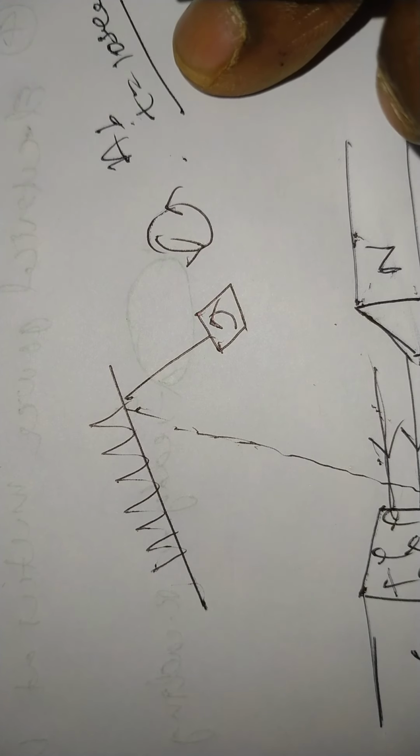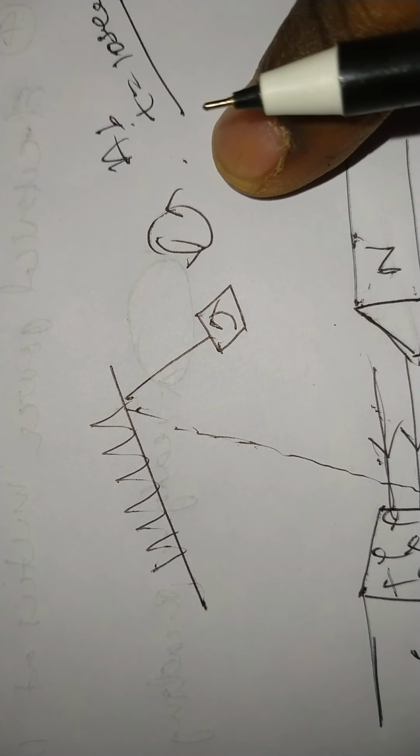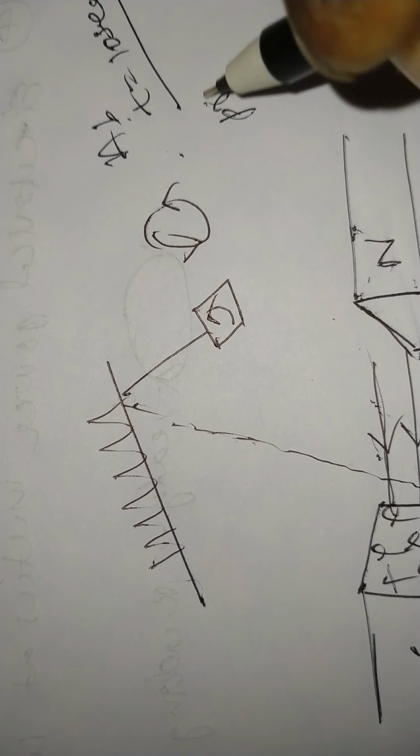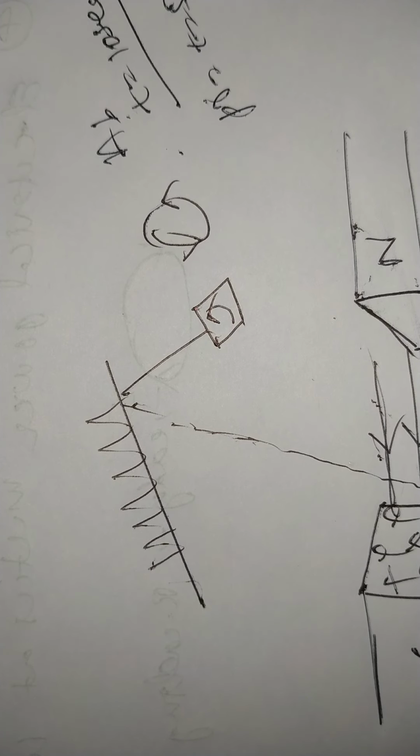The time taken is 10 seconds in the absence of a magnetic field. Suppose we apply the magnetic field, in the presence of the magnetic field, the time is 5 seconds. That means it reduces the number of oscillations. This type of current is also called eddy current. That is due to damping.